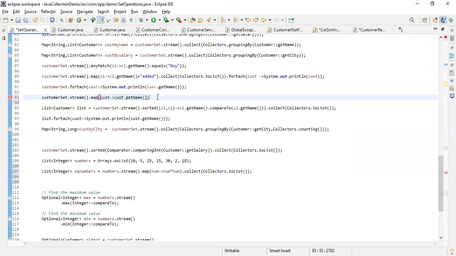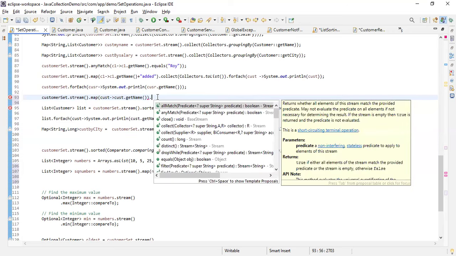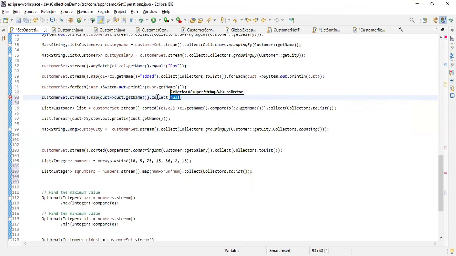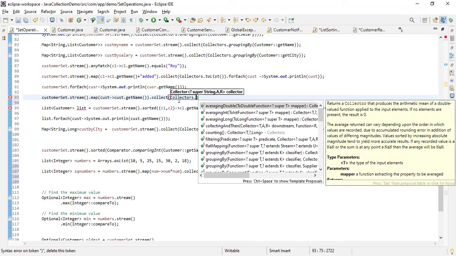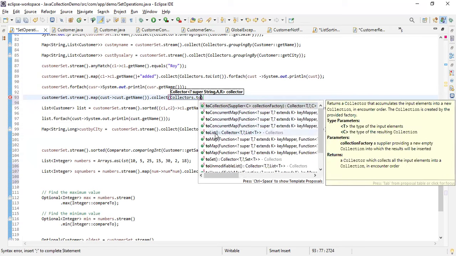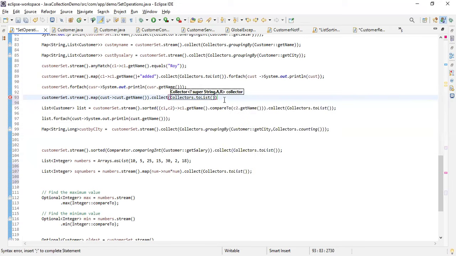So we are creating another list which contains only the names of these customers, right? I don't want all the parameters. Like this you can use it. In that scenario, we are mapping this object into, it will return what? It will return a list of strings, correct?